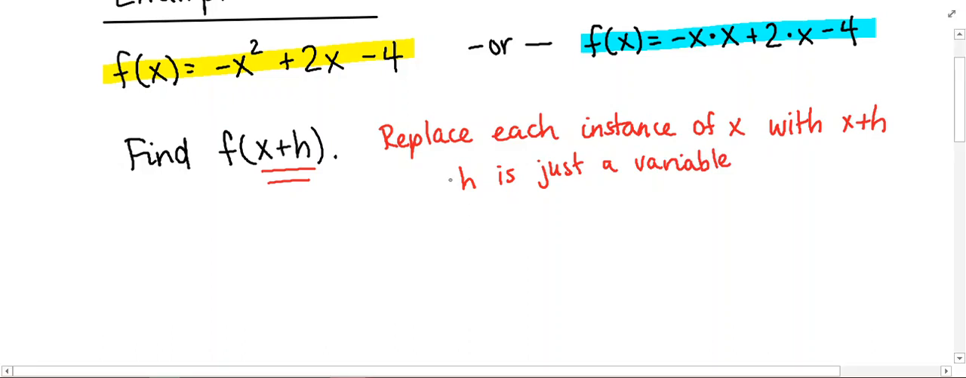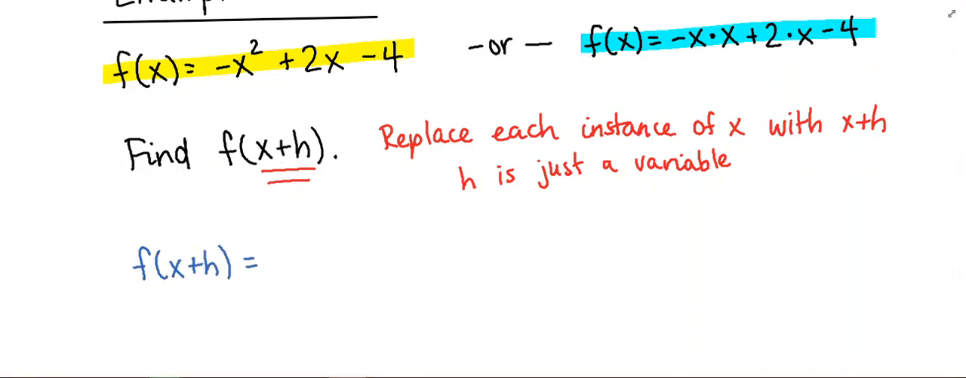Since I am replacing x with something, I am going to defer to using the blue statement here, where I've broken down the exponents. I'm trying to avoid any issues with exponents because of this negative sign that's out front. Okay, so here we go. F of x plus h,